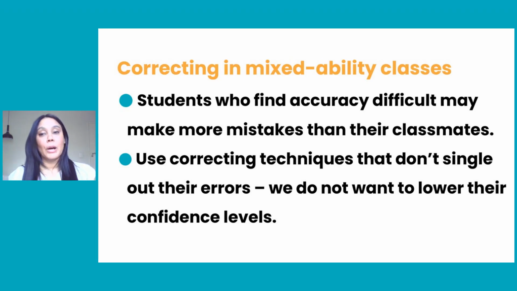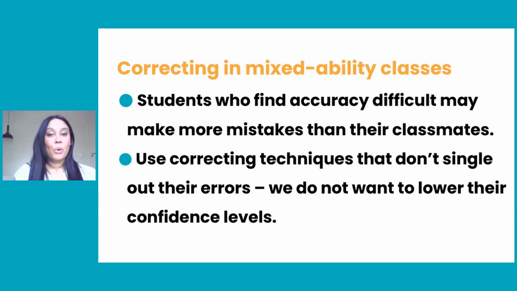So I walk around, I write their mistakes in my little book, and afterwards I would write some of these mistakes down. I would reword some of the vocabulary, and I would have them as a group figure out what went wrong. Do not name and shame. Very often those students do know who they are, but you've not humiliated them and you've not broken their confidence in any way. So the idea is to correct them without exposing the person who made the mistake.